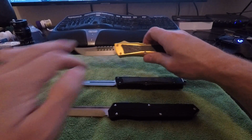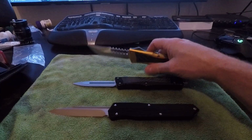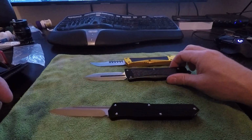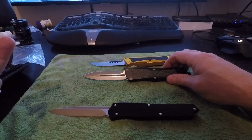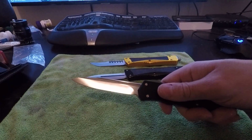You're not paying some of these. That's the Hellhound. That's the name it was. Some of these things go for over $500. And if that's your thing, and you want to collect and have the Microtechs, go for it. They're great knives. There's nothing wrong with a Microtech, but I have a really hard time passing up a bargain